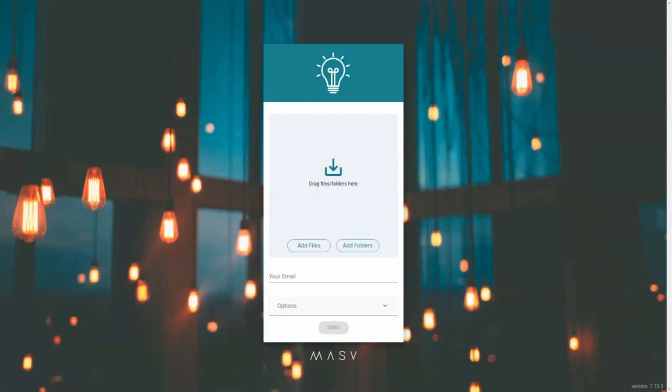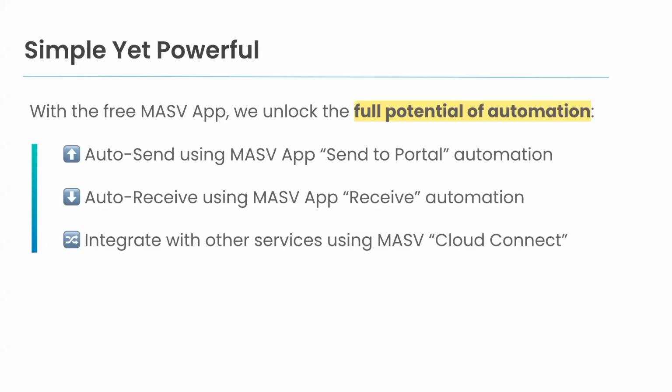Whenever a package is delivered to this portal, I will receive an email notification with a link to download the package. From now on, if I want to invite any collaborator to submit footage, I just simply send them the link to this portal and they're all set. And no matter where they are on the planet, their uploads are going to be really fast.